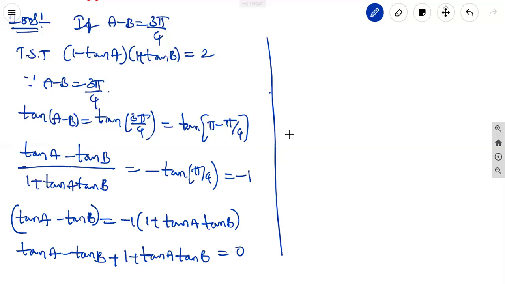Here in the left hand side, we can write from these two,